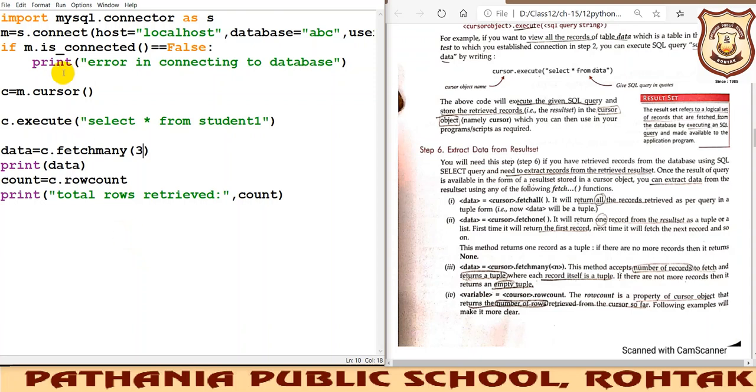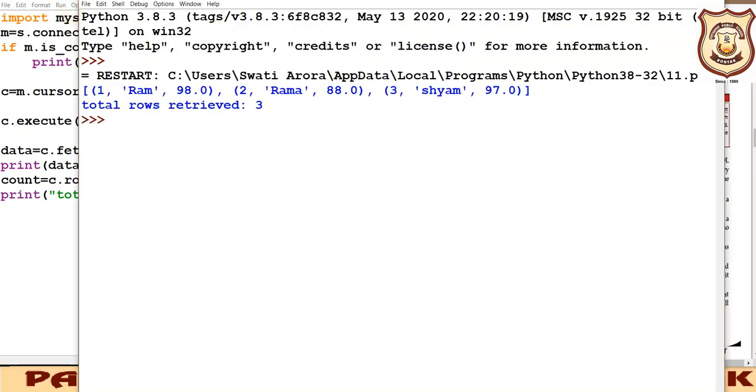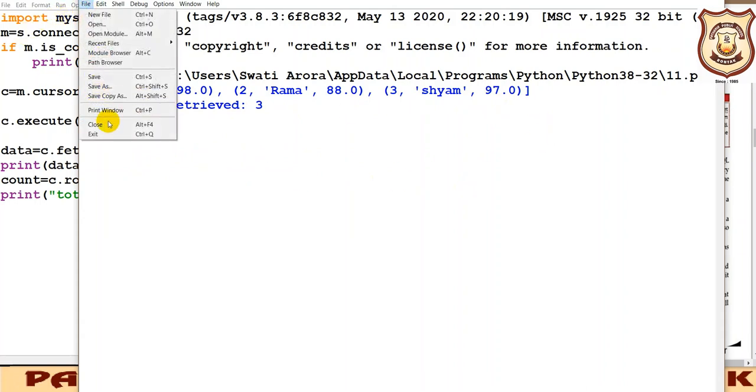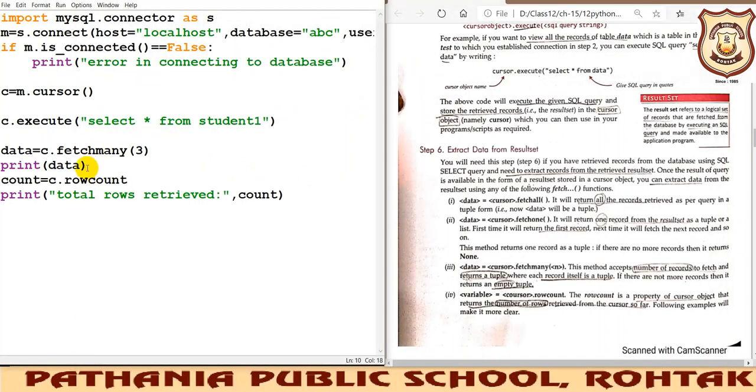So let us run this program now and see what comes out. So you can see it is showing you 3. Okay, and if you want to get the output in a better way, you know what is a list and what is a tuple. By default it will show you the output in this way. And if you want it sequence-wise as I've shown, you need to attach a for loop. I can do it with the help of a for loop also. You can then realize what changes it is making for us.